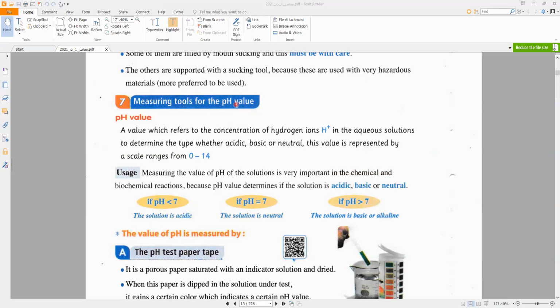What are the uses of pH? pH is used to measure the acidity, basicity, or neutrality of a solution, acid, base, or neutral. So pH is used to determine whether the solution is acid, base, or neutral,